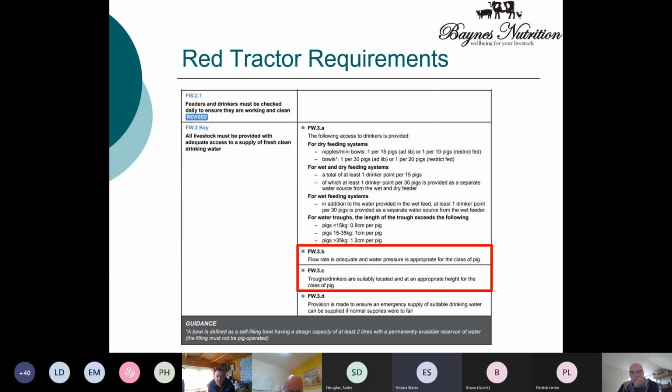Another critical one, which needs to be certainly considered, is the position of the drinker. So FW3.C, trough drinkers are suitably located and at an appropriate height for the class of pig. Now, pigs need distinctly separate regions for eating, drinking, dunging, urinating and sleeping. Ideally, the drinkers need to be close to the feed and in the exercise and defecating area, particularly in meal